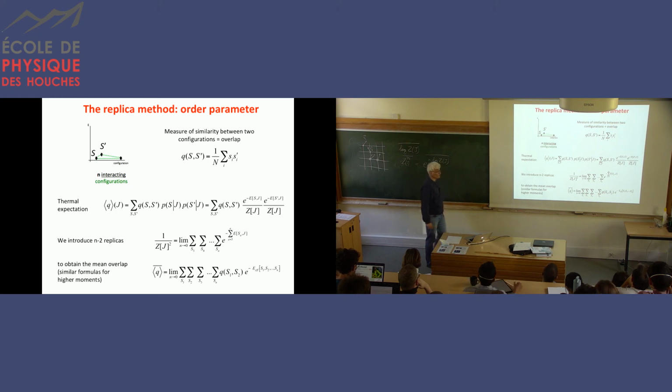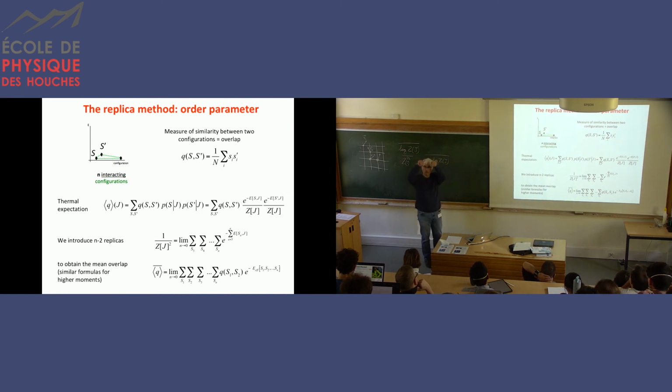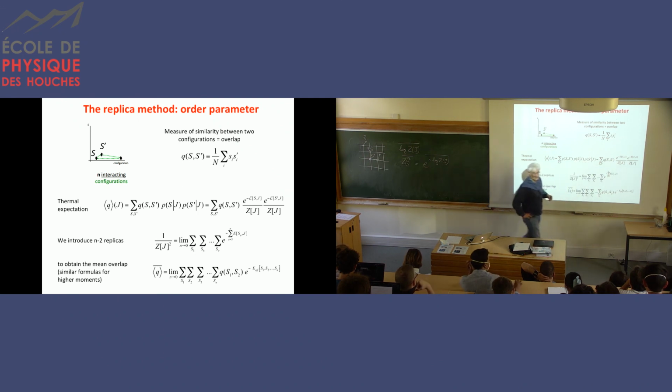So how can we compute this similarity within the replica approach? For instance, I can define the overlap, the Edwards-Anderson overlap Q, between two configurations S and S prime. Here I have forgotten the vectors; I'm taking plus or minus one spins, but it doesn't change anything. In this replica framework, I can compute the thermal average of Q for a given J, which is formally given by this expression: the average of this two-copy observable, weighted by the probability of S and the probability of S prime, which both depend on the quenched variable J.